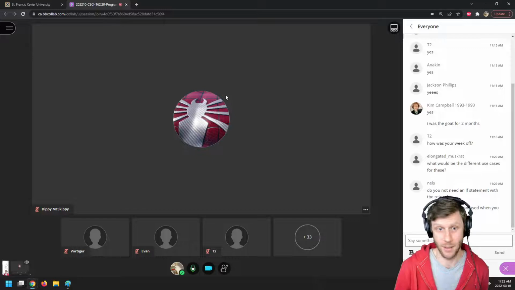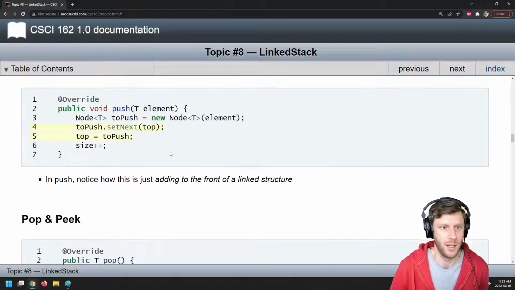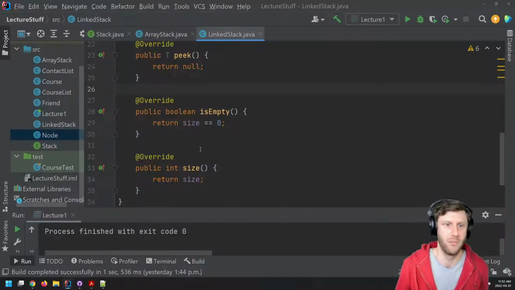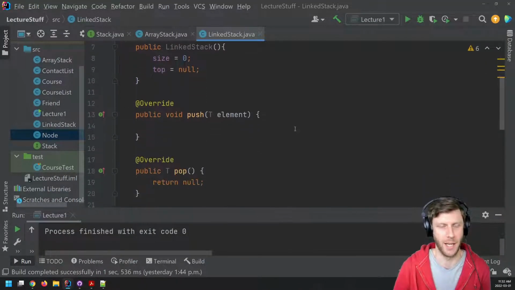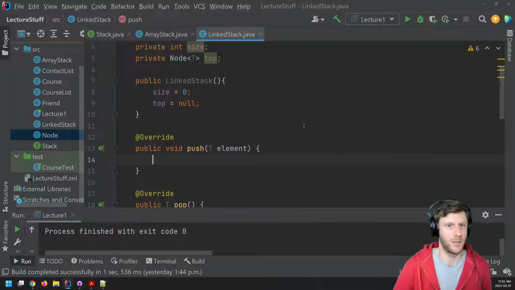All right, so carrying on, we'll get to the push. Okay, we want our push. So what we'll do is we'll take the element. So element is something of type T. Now,